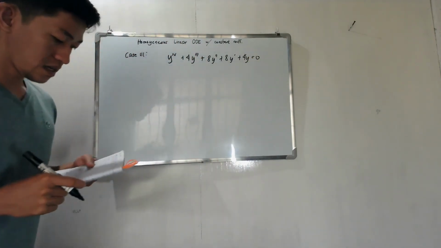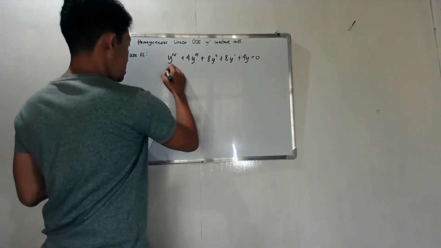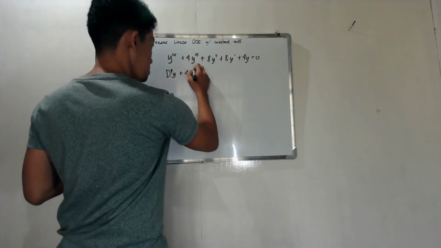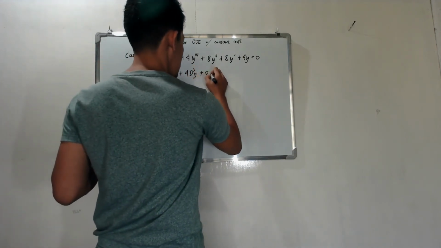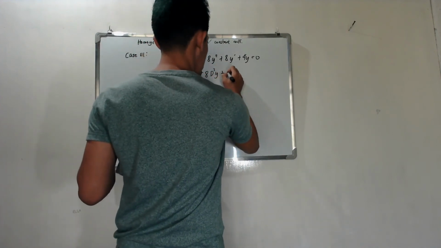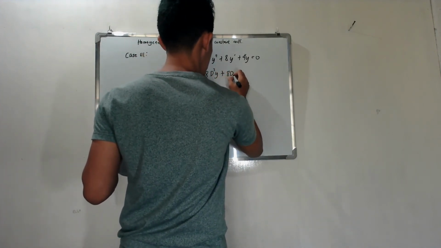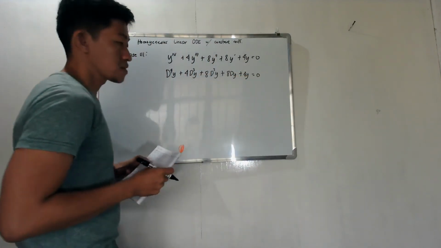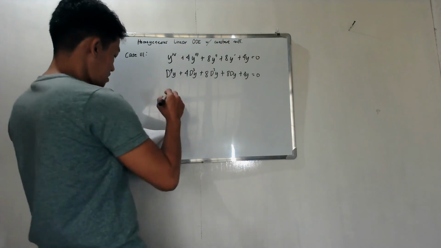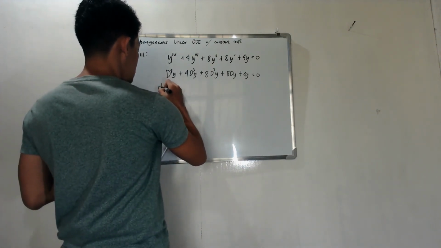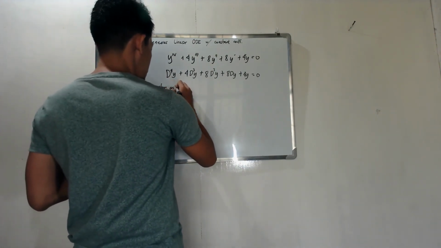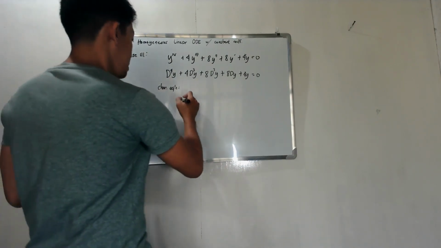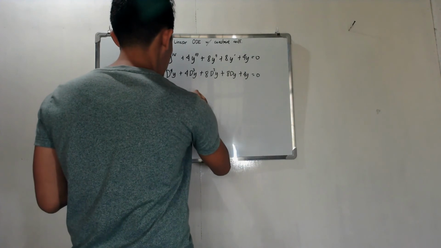Okay. Again, change this one to operator notation. Your characteristic equation would be m to the fourth plus